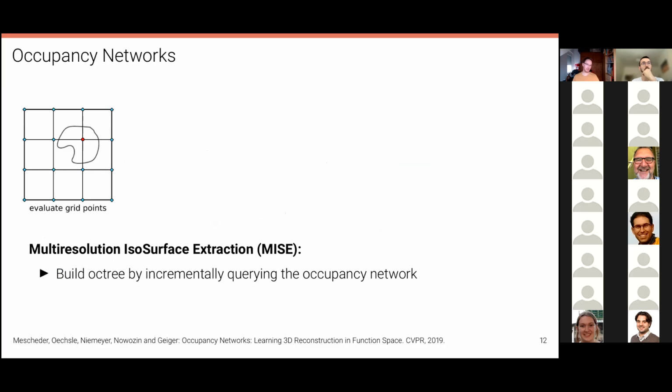Now, as this is an implicit model, we don't get a mesh out of this model directly, so we have to extract that mesh after training the model. And how do we do this? Well, we can query this neural network at any point in 3D space. And so we do this in a hierarchical multi-resolution fashion by building incrementally an octree that queries incrementally this occupancy